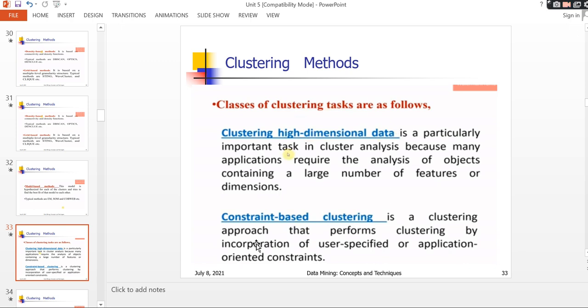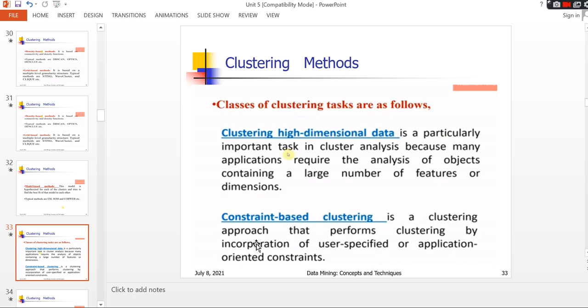We can give constraints during clustering, and those constraints should be satisfied. For that application, those constraints should be followed. That is constraint based clustering. Based upon constraints, we have to do clustering.